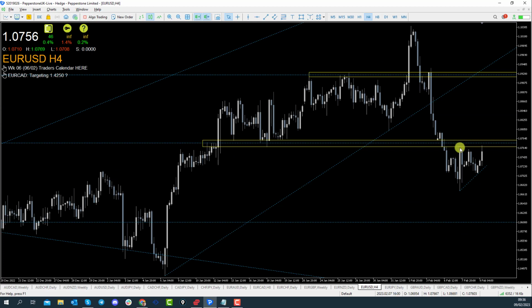I like the opportunity where price is at now. It's come into that key level of resistance. I like the opportunity for price to maybe trade lower from this area. I'll be looking for sort of bearish trading patterns. If we're wrong, okay, let's say we're wrong and price trades above